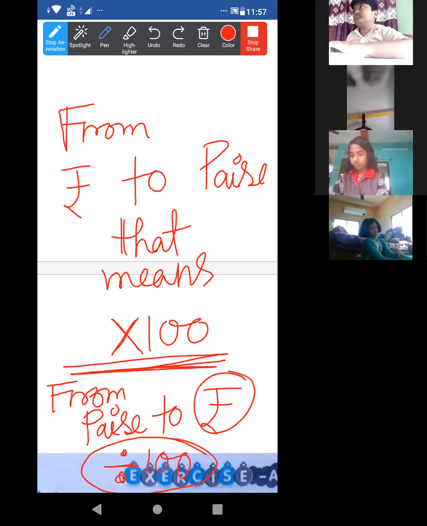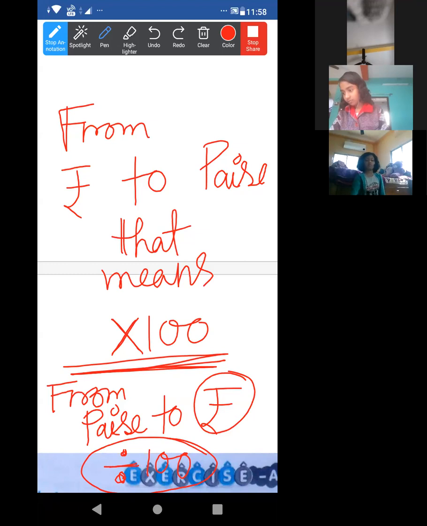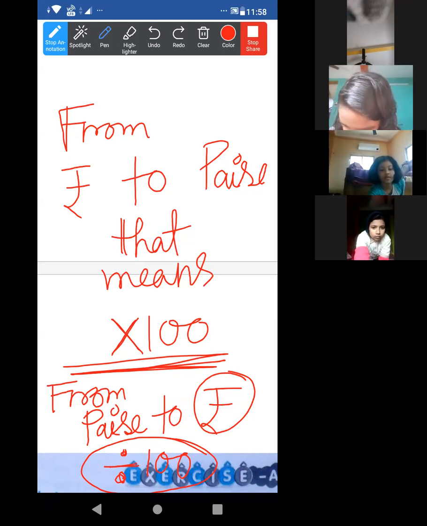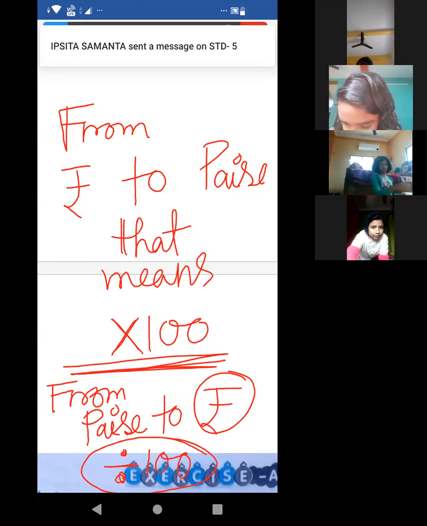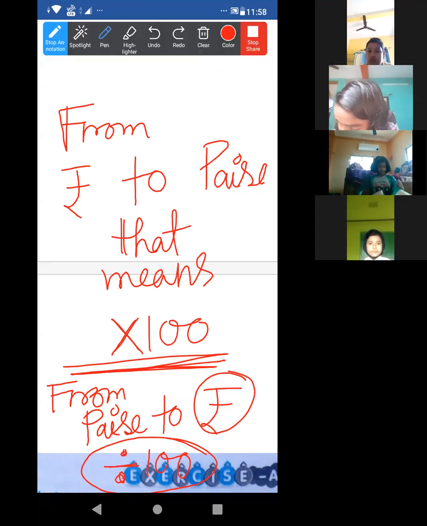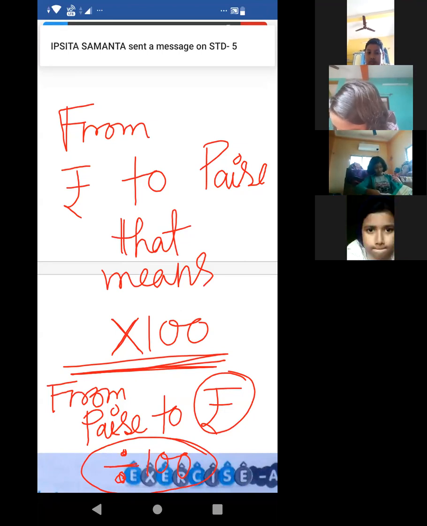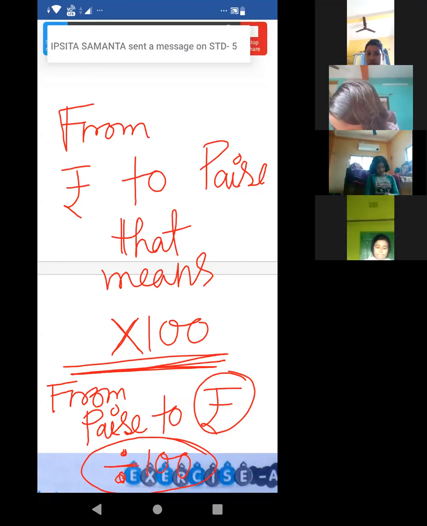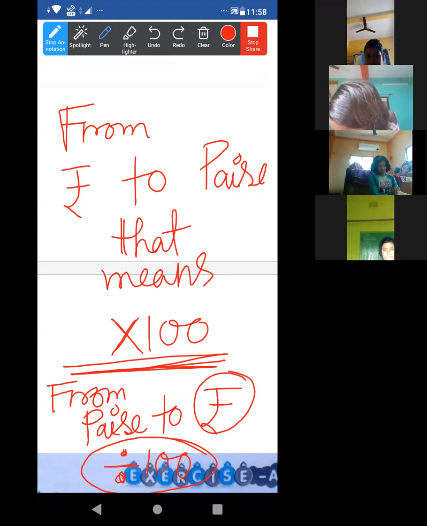All of you note down this point. Sheikh Irfan, one thing I am telling you. Some students are in the class, but they are not sitting properly. I don't know if they are doing the class properly or not. If this goes on, then I am not going to give the attendance. Just right now, like Sheikh Irfan, sit properly because I cannot see you. I can see only your fan. I am not here to see your fan, wall, AC, this type of thing. I want to see your face. What you are doing, I want to see that. So put the camera properly.